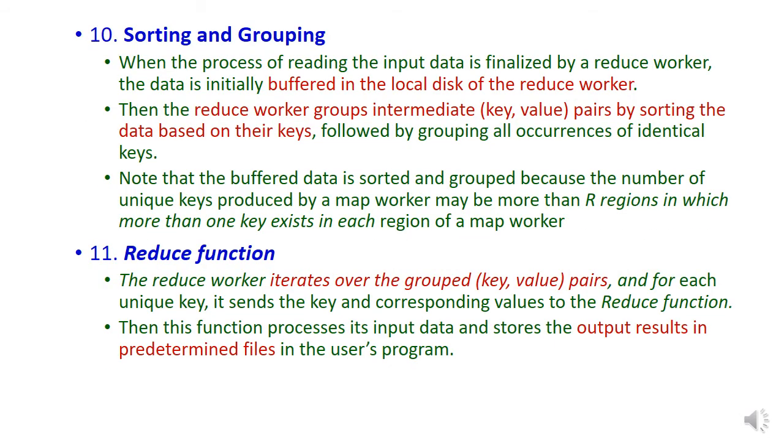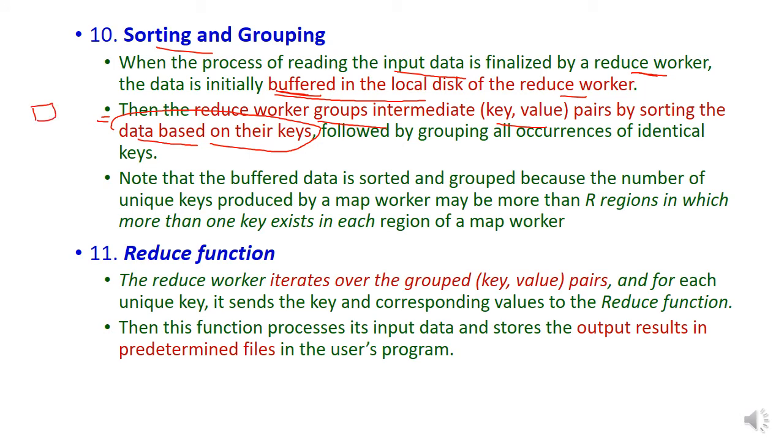And next let us see the sorting and grouping. When the process of reading the input data is finalized by the reduce worker, the data is initially buffered in the local disk of the reduce worker. That is, all intermediate results will first be buffered in the local disk of the reduce worker, and then the reduce worker will group the intermediate key value pairs by sorting the data based on the key values,